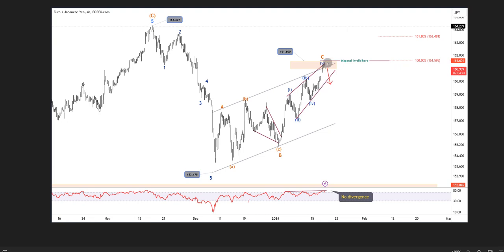All right, so the expectation was that price was going to move down to break below this 2-4 connecting line of the diagonal, and they'll be able to find an entry with stop loss a little bit above the key zone, a little bit above the 161.6 diagonal invalid level. That was one entry method I talked about, and then the second one was finding an entry inside this zone, with the stop loss above, or at least significantly away, maybe at the top of wave 2. Those are the two